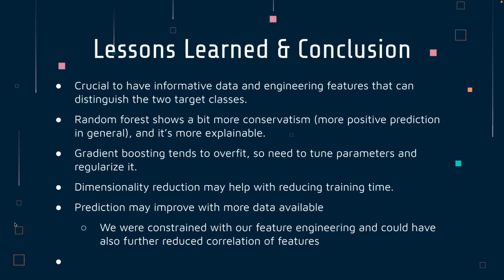We also saw a lot more conservatism in random forest, which of course meant more positive predictions, and it's a little bit more explainable. So that's one area I didn't really cover yet in the presentation: explainability. Some of the models that we use, especially when we are flagging fraudulent transactions, and there are legal implications of that, being able to explain how that transaction was flagged to build a legal case is very important. So that should be another consideration when putting this into production as well.